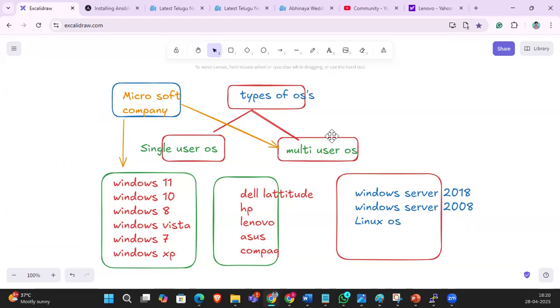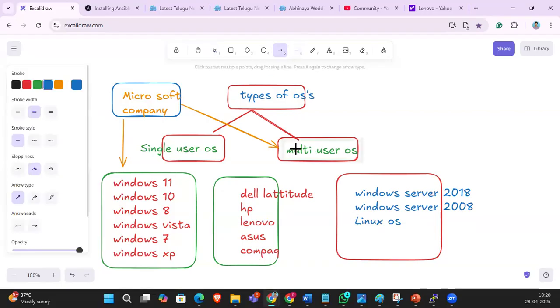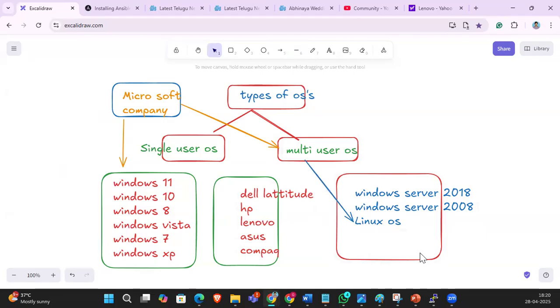So Microsoft created two types of operating system: one is for single user operating system and the other is for multi-user operating system. Linux is supported only for multi-user operating system. Linux is developed for the multi-user operating system.